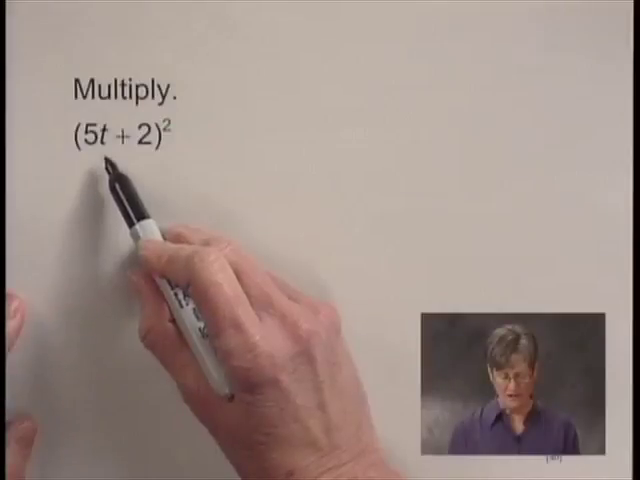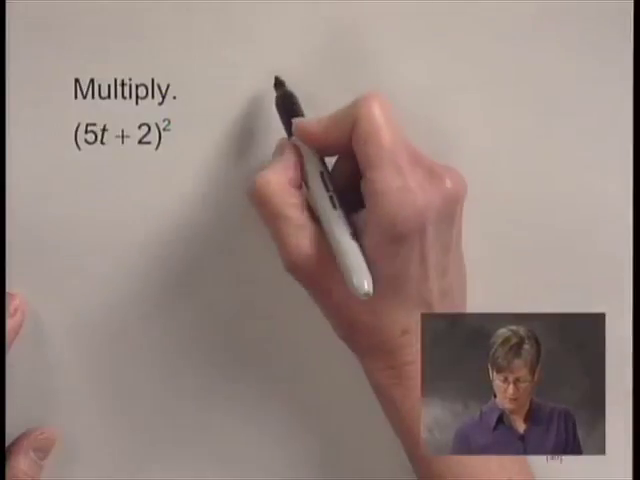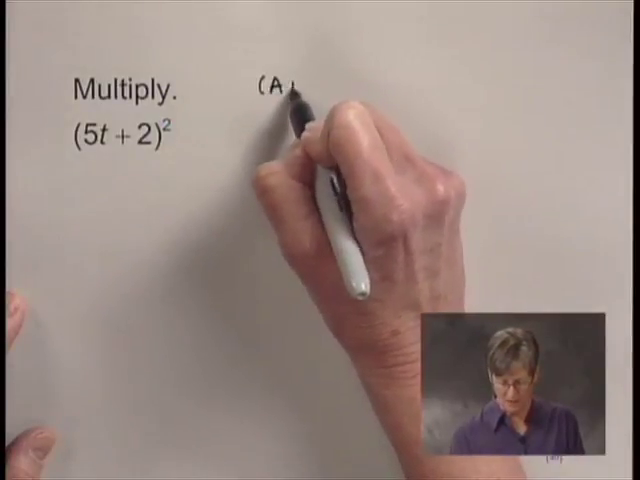We're going to square a binomial. We have the binomial 5t plus 2 squared. And we have a rule for squaring binomials. A binomial of the form a plus b squared